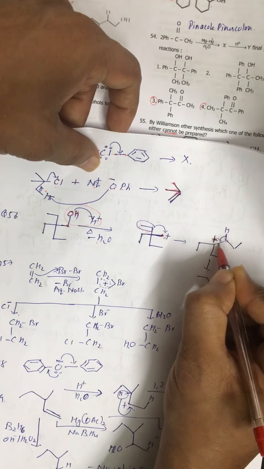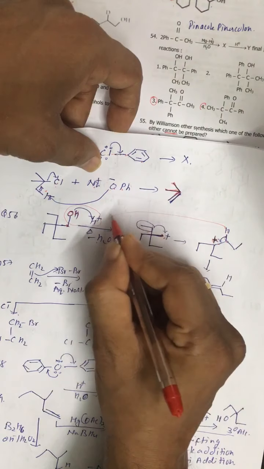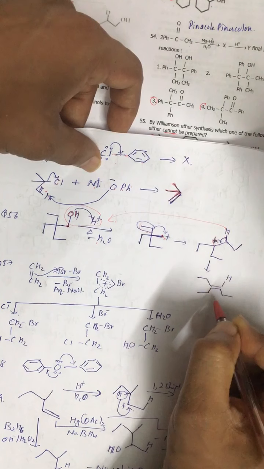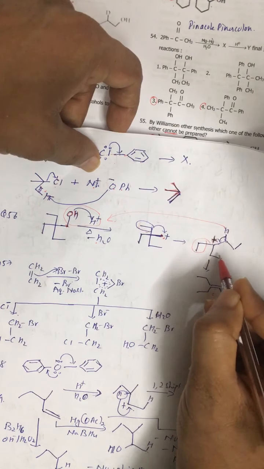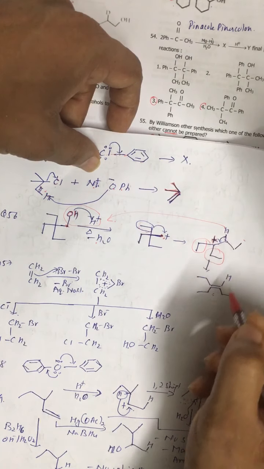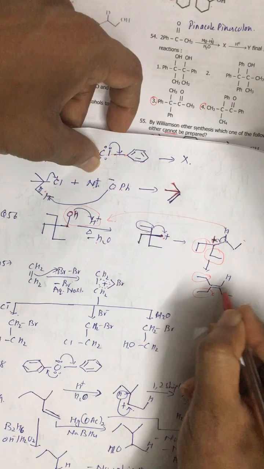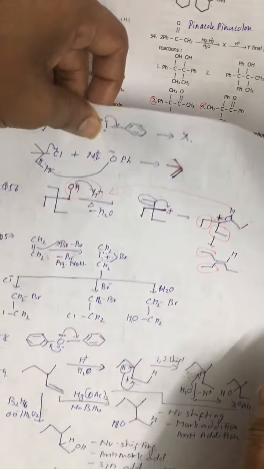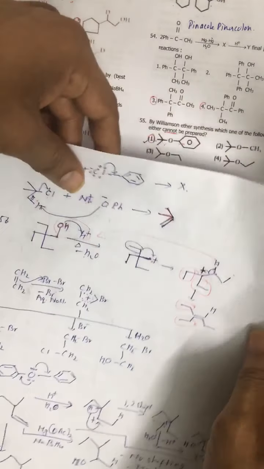over this carbon atom, and removal of hydrogen as H positive, which again starts a removal of H2O, and we get the final product, that is this one. That is, two ethyl groups are bonded, and then double bond. These are the two ethyl groups, then double bond, then hydrogen. All right, and then this is the ethyl group. This ethyl group.